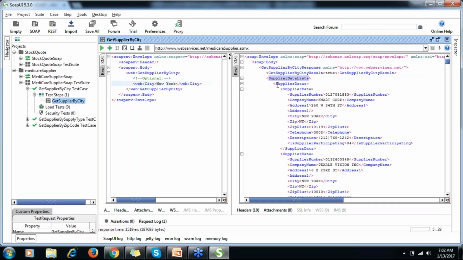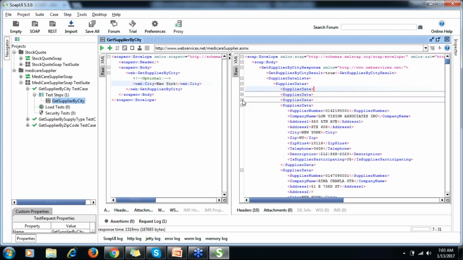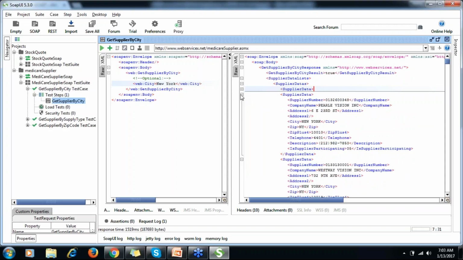Inside there supplier datas, then supplier data, and every tag under this supplier datas, we have a supplier data tag which contains the details about the supplier like supplier number, company name, address 1, address 2, city, zip, and zip plus, telephone, description. Everything is there. So it means this way we have various suppliers. A lot of suppliers are there.